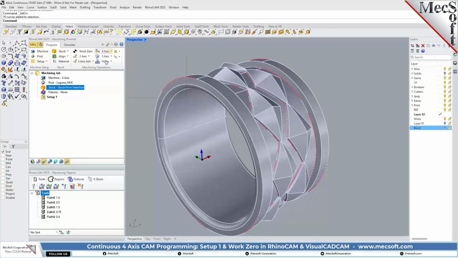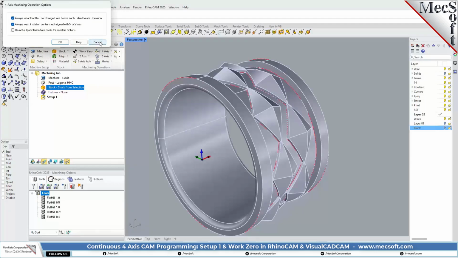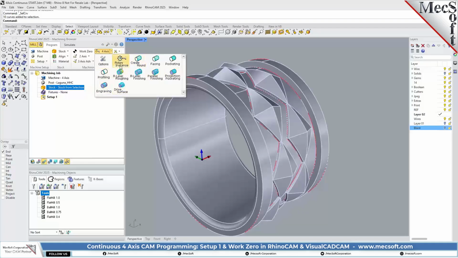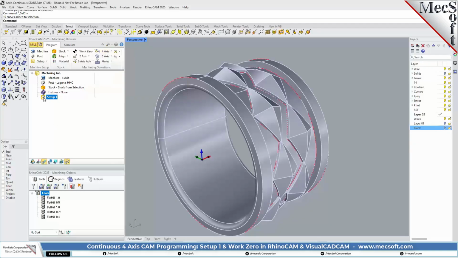So we'll just talk a little bit about these. You have a number of options you can set. We're not going to be messing with those really. And we're going to be using the facing, pocketing, profiling, R-level roughing, R-level finishing, parallel finishing, and then we're going to use the drive surface machining. Okay, so in our